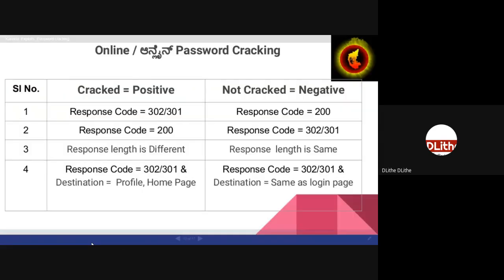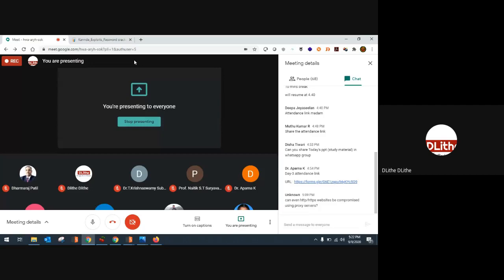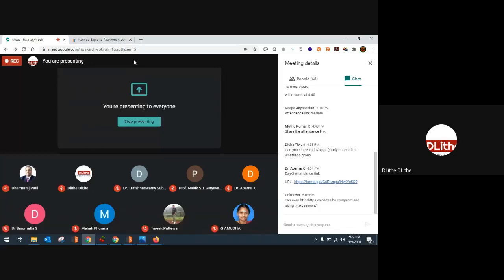Clear? So let me again recall what we did. First and foremost, you need to download Burp Suite and Firefox and run them. Later, we need to configure your Firefox with your Burp Suite. After configuring it, you have to validate, check whether the packet has been received or not. Later, go into your Firefox, open the website that you want to crack passwords on. After that, go to the web page that you want to crack the passwords on. Create a dummy request. Make sure you give a different variable for username and a different variable for password.